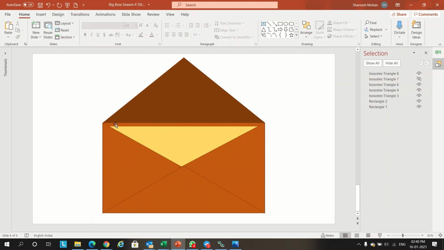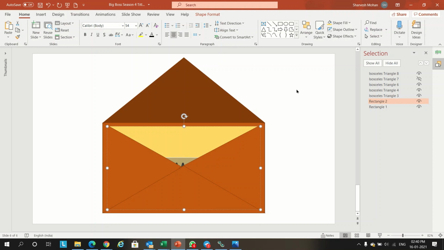Now we are able to see the card. So we'll write the content in the card. Title winner. I just typed it. We'll put a black color and we'll increase the size.